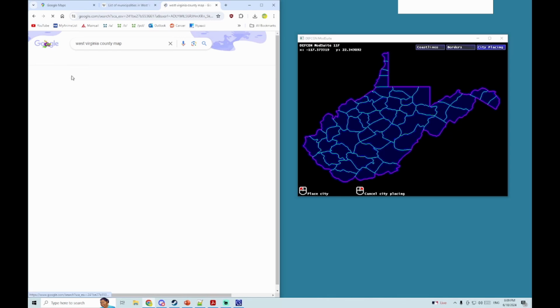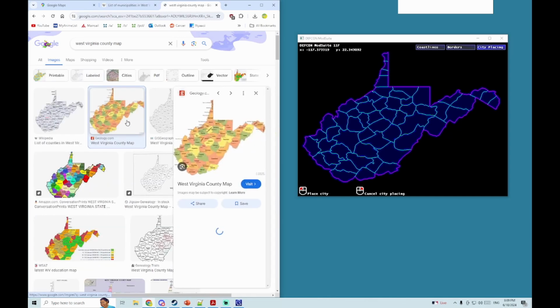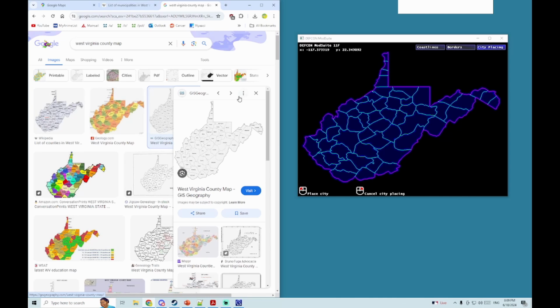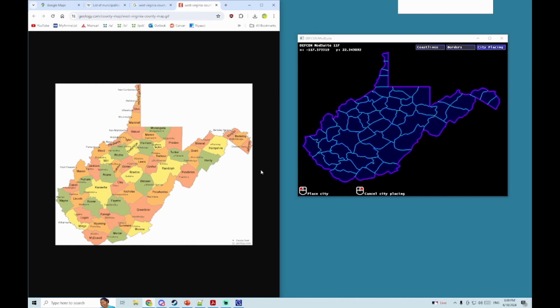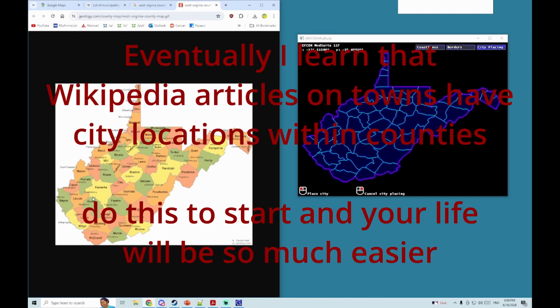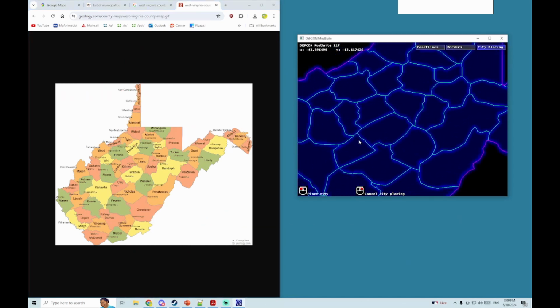Now this doesn't actually have county borders, so look up a West Virginia county map, hopefully one with cities. This is probably something that, okay, yeah, wonderful. So we have Charleston here in Kanawha County. That would be this one. So we zoom in,